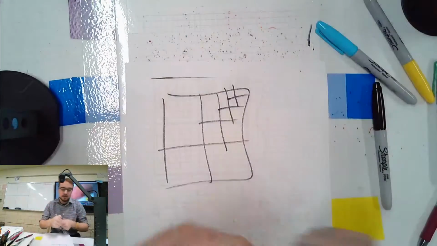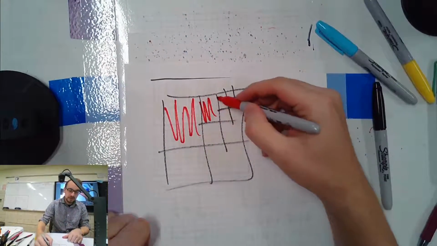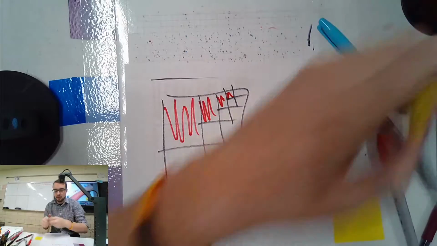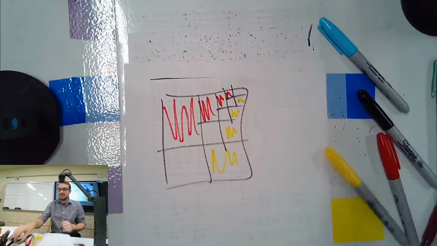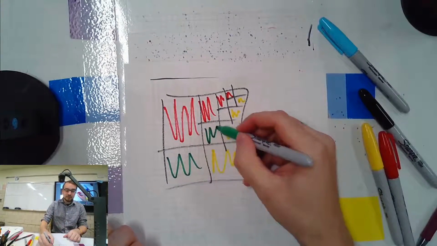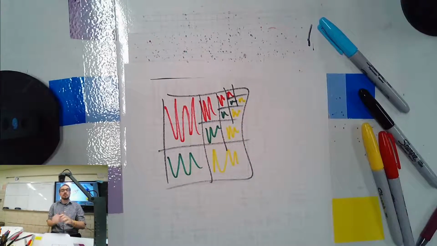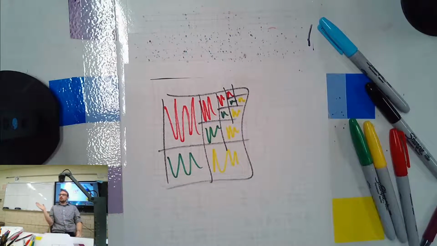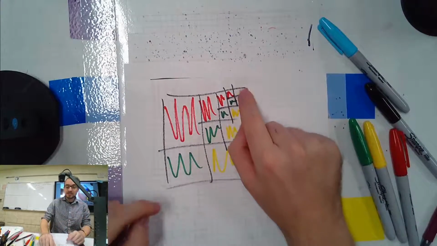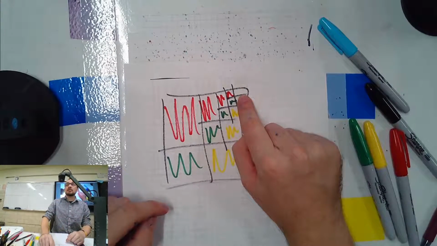Let's color. Red is here. Red is here. Red is here. Yellow is here. Yellow is here. Yellow is here. There's always one left over. And that one is the difference between actually a third and almost a third. Is the green, the red, and the yellow going to be more than a third or less than a third in this scenario? Less than a third, because to be a third, they'd have to color this guy in, right?